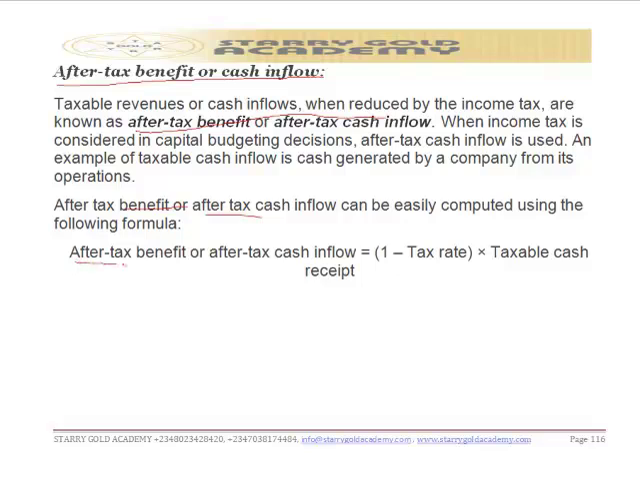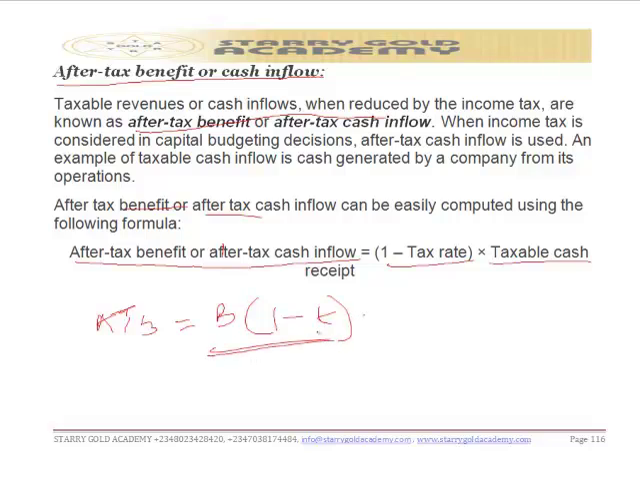That is, after-tax benefit or after-tax cash flow is equal to what? It's equal to 1 minus tax rate, multiplied by taxable cash received. 1 minus tax rate multiplied by taxable cash receipt. You can write it this way: after-tax benefit is equal to the benefit multiplied by 1 minus tax. So that is on that. For example,